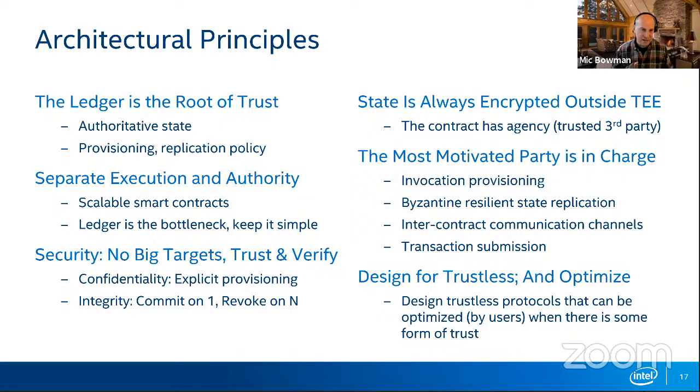With confidentiality, you explicitly provision your contracts to known hosts. Anyone who wants to participate in that contract object can interrogate the properties of your contract object and see where it's been provisioned to. And the idea is that